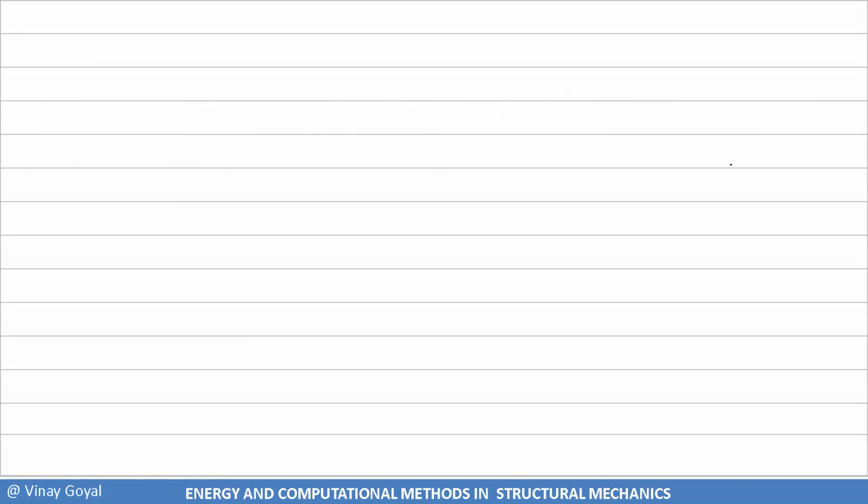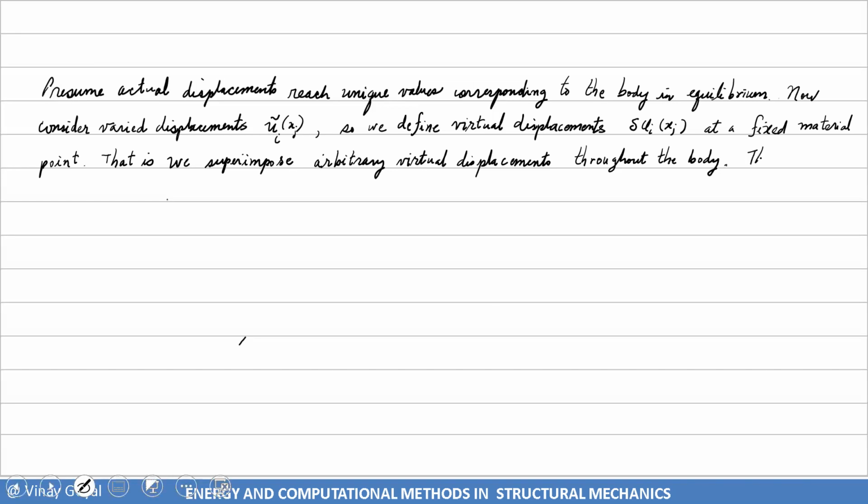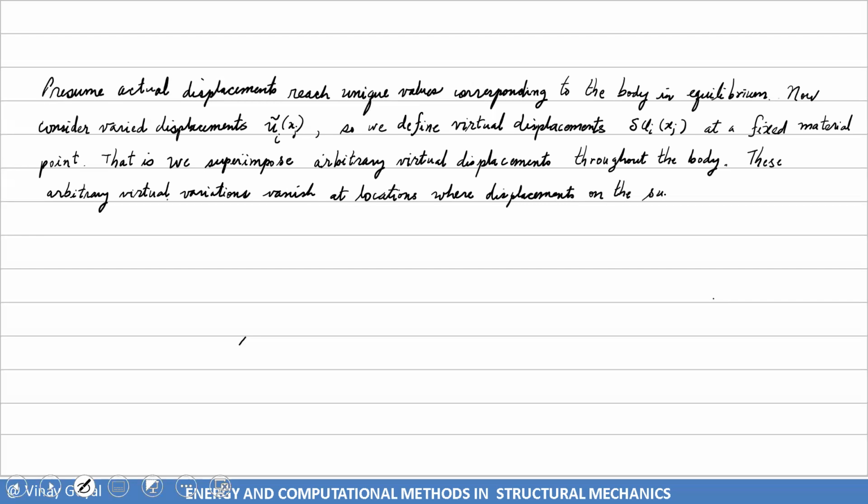This arbitrary virtual variation will vanish at locations where displacements on the surface are specified. In other words,